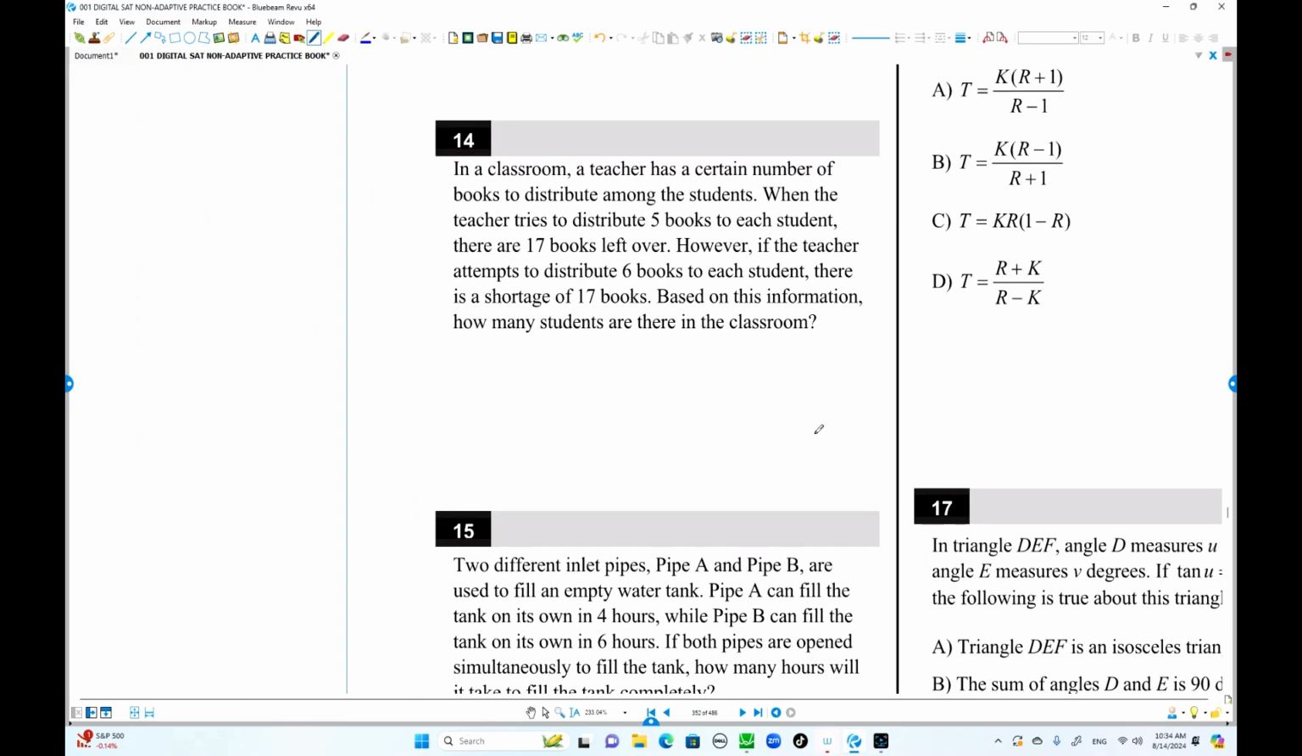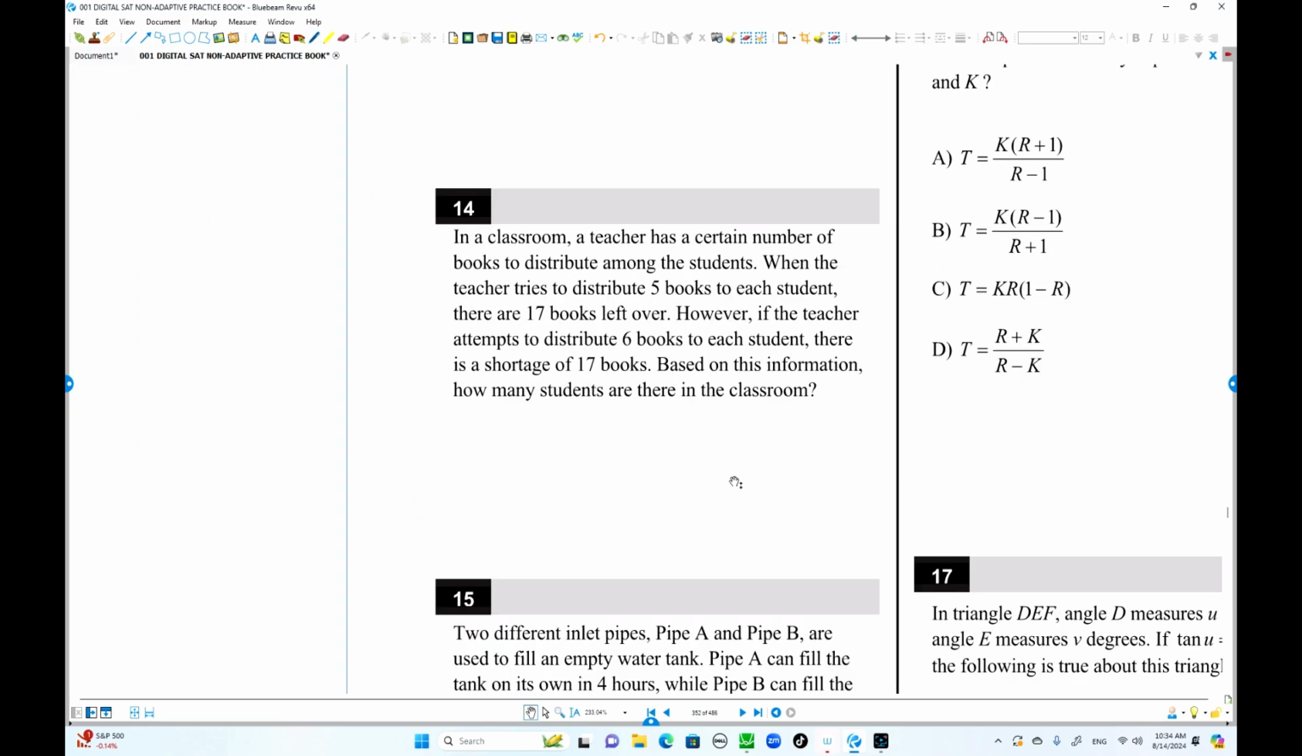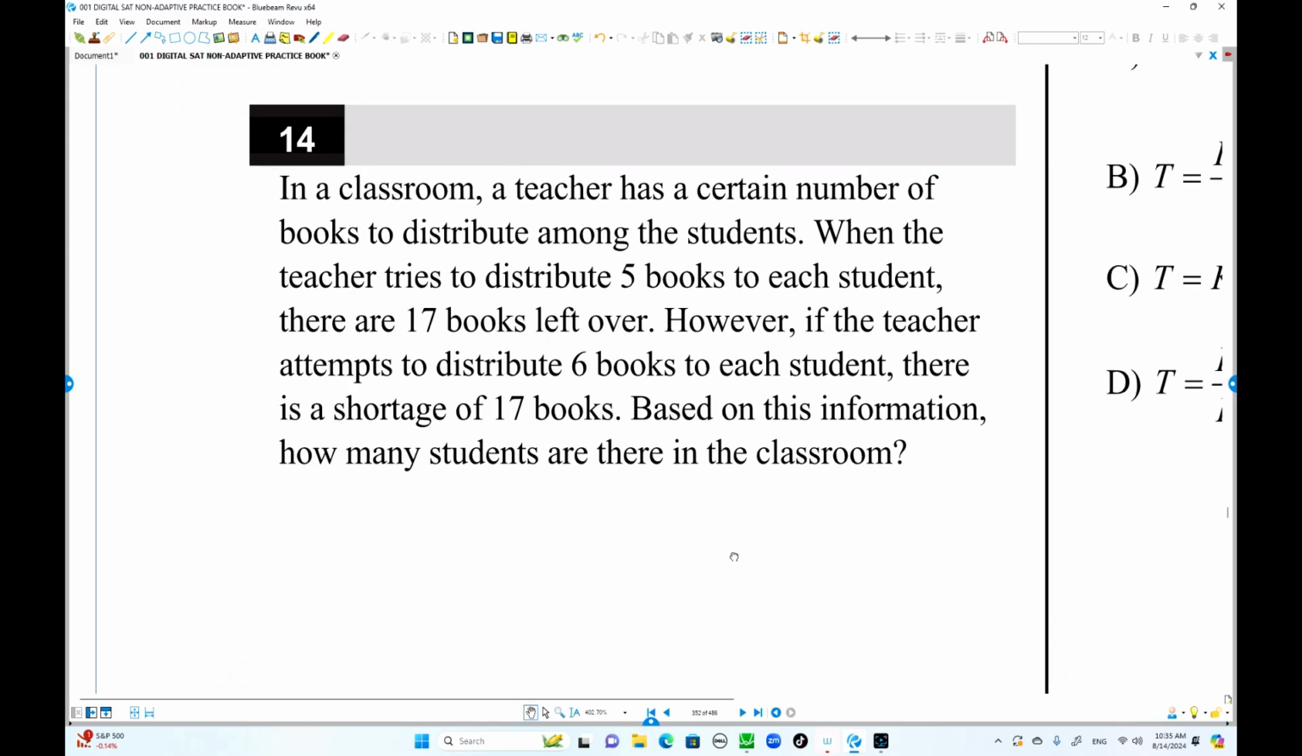Here is number 14. So we have a classroom. A teacher has a certain number of books to distribute among the students. When the teacher tried to distribute 5 books to each student, there are 15 books left over. That is the total number of books. Okay, first we can focus on what is the total number of books. The next one,